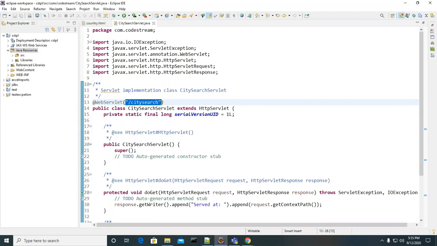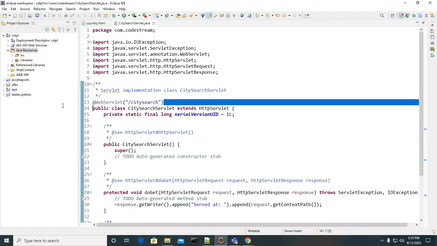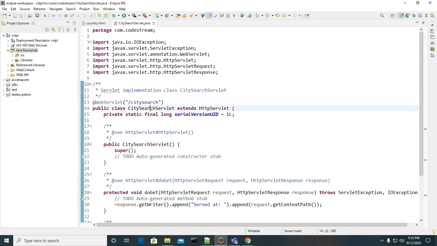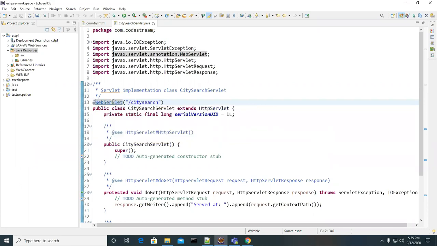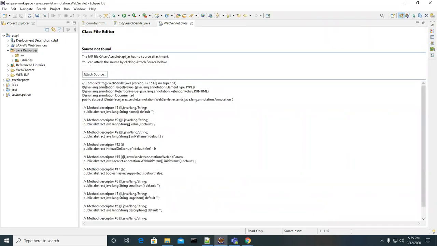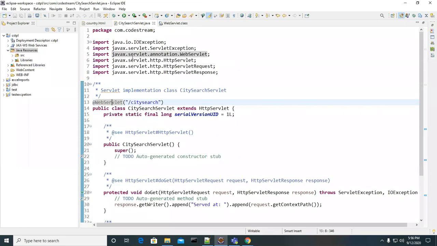Okay. So what is this part? This is like a URL configuration for that particular servlet. What is the URL you can use to access this servlet? That is the path we configured by using the @WebServlet annotation tag. This is a part of javax.servlet.annotation.WebServlet.